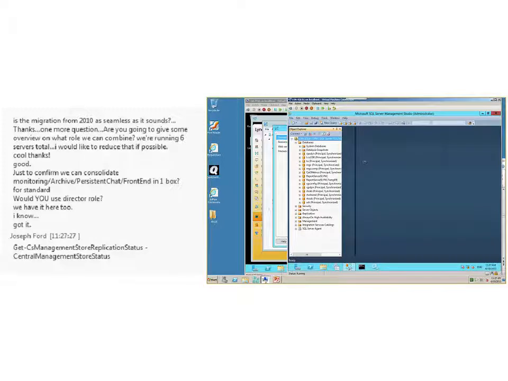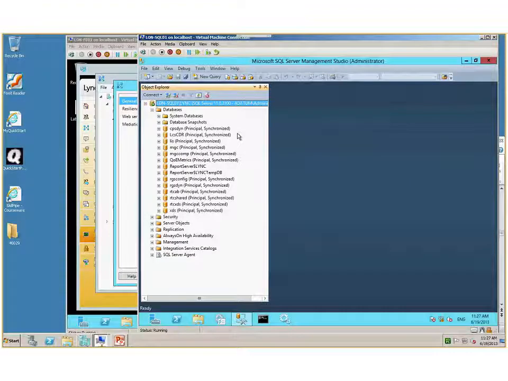Right, so in this case, you can see all the different databases, but notice I have principal and synchronized. So again, your call park service dynamic, LCS CDR, call detail record, location information services. MGC stands for Microsoft Group Chat. Here's the Microsoft Group Chat compliance services. So it's persistent chat, but they still have the same names. Then there's experience metrics, response group configuration, response group dynamics, RTC address book, RTC shared, RTC XDS, and of course then